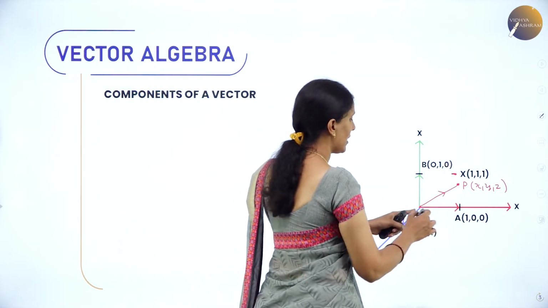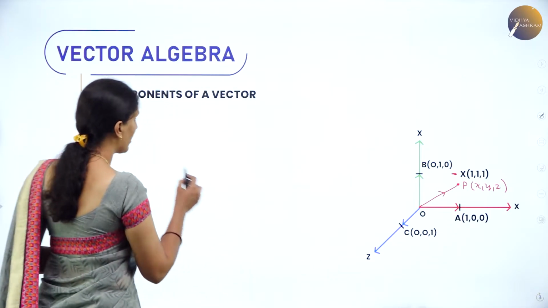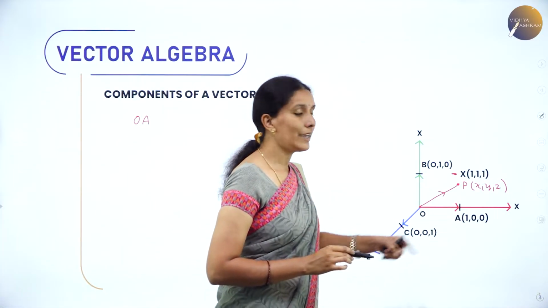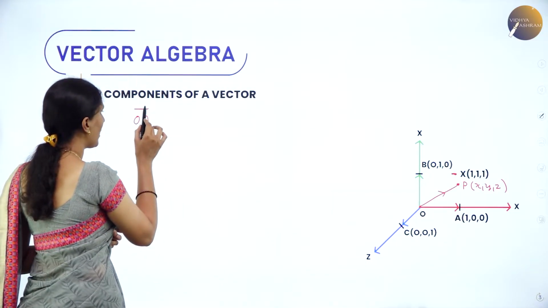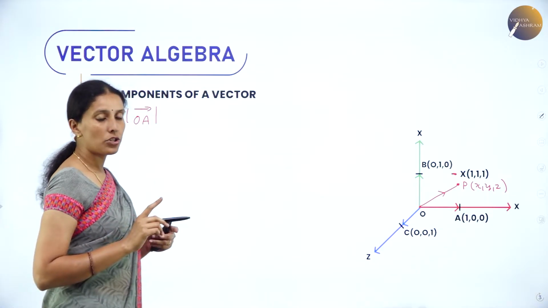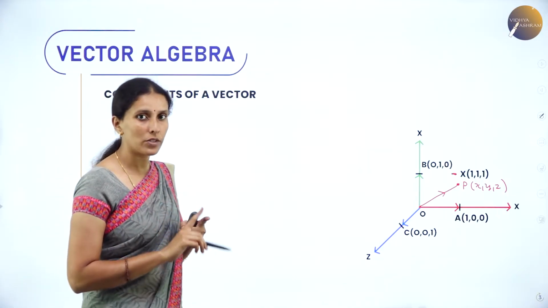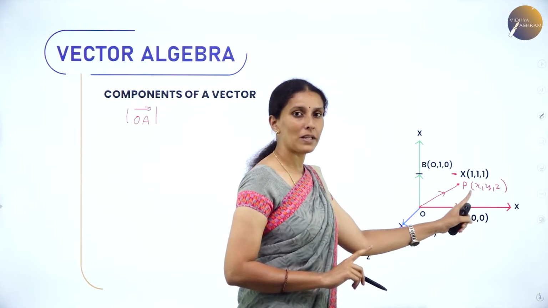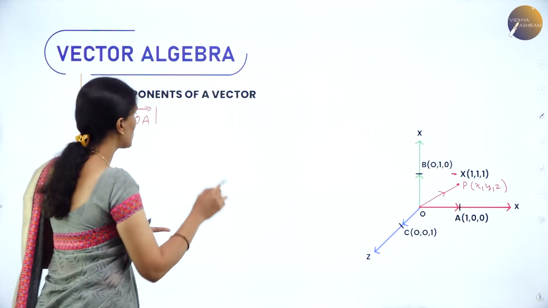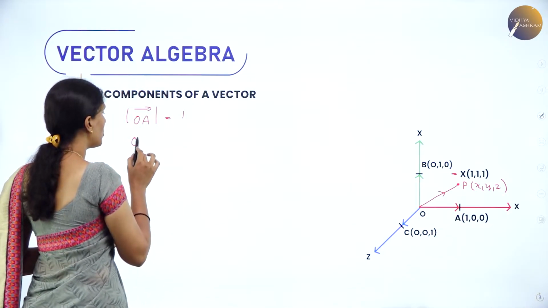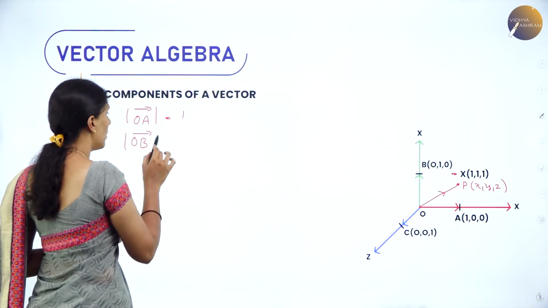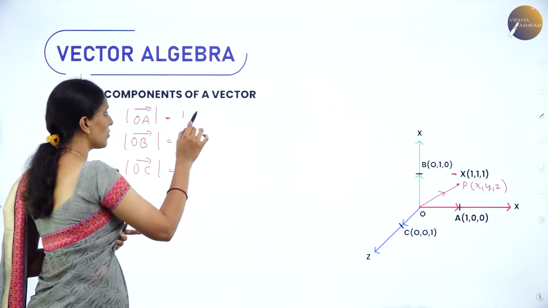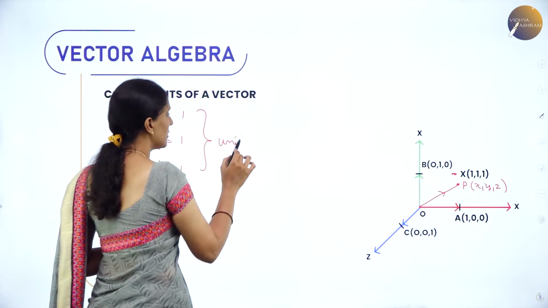Clearly see the distance OA here. Let's write the magnitude of vector OA. Since I have written the direction here, I can take it as a vector. So let me take the magnitude of the vector. We know that the magnitude of the vector is square root of x square plus y square plus z square. So when I take the magnitude of this vector, it is square root of 1 square plus 0 square, which becomes 1. Similarly, the magnitude of vector B is also 1 and the magnitude of vector C is also 1. So these are all unit vectors